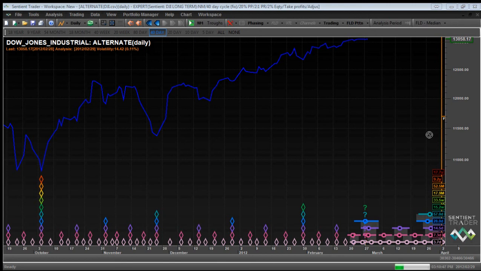Next question from John. When trading individual stocks within the S&P, and if Sentient recognizes the drop is due or imminent for the index as a whole, is it best not to take long trades, or should we be confident in the analysis? Well, certainly